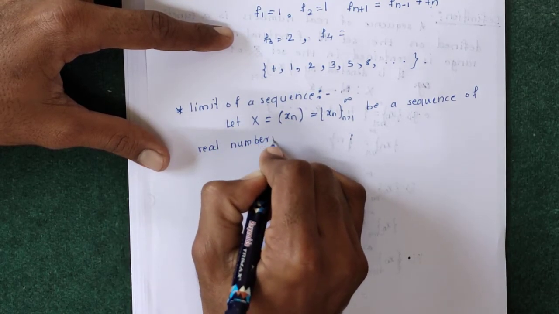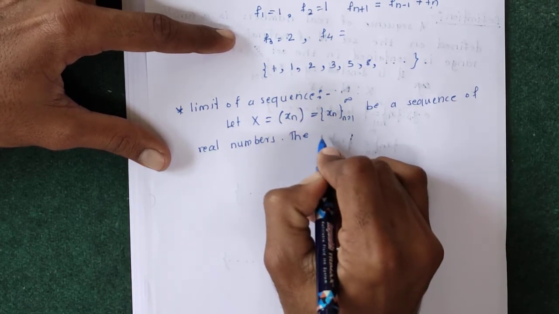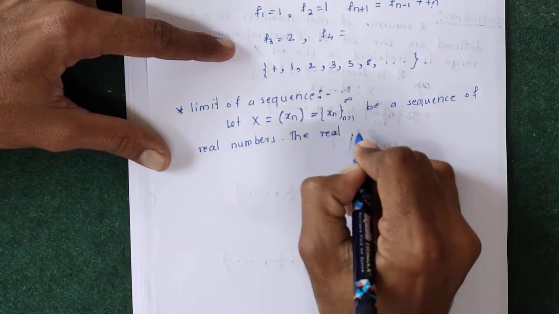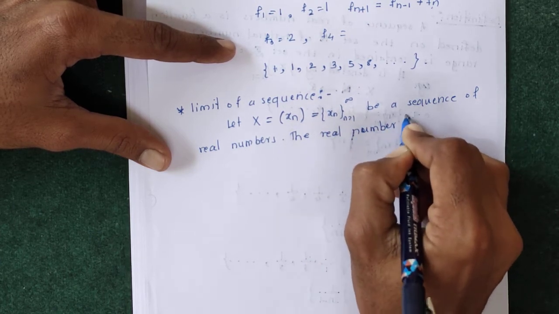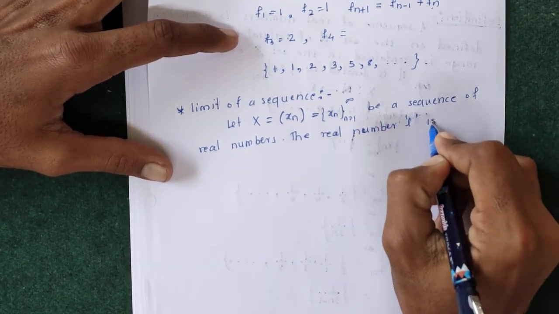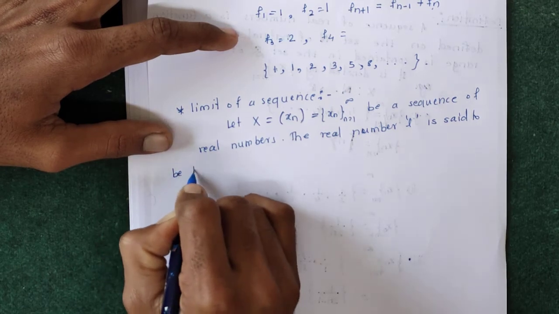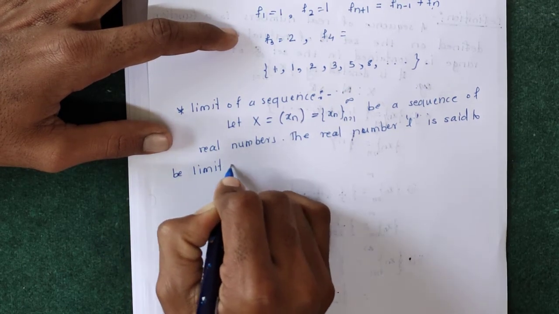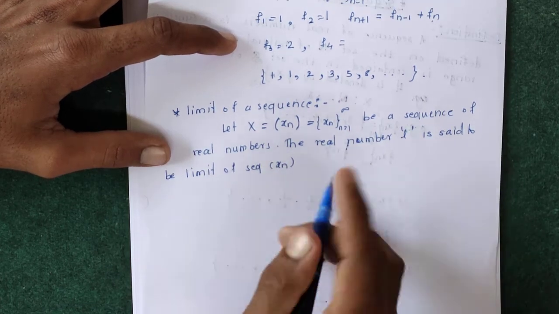Let xn be a sequence of real numbers. The real number L is said to be the limit of this sequence xn